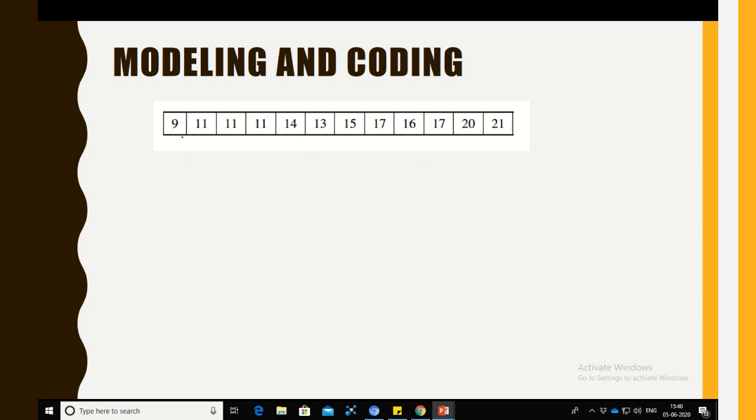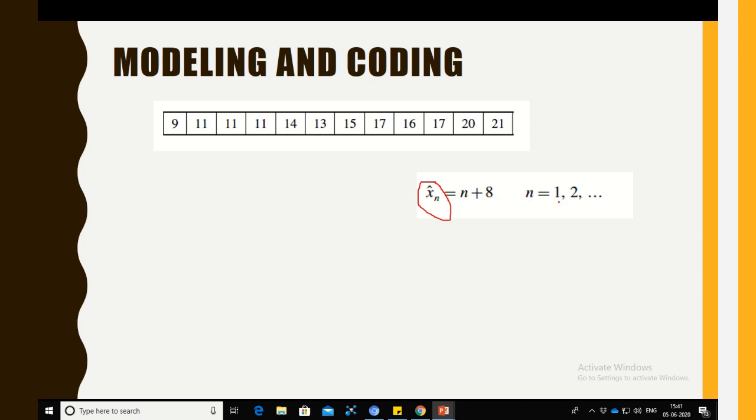Once this particular data has been given to you, these are all mathematical numbers. So you have 9, 11, 11, then 14, 13, 15, 17, 16, 17, 20, 21. Thankfully this is only a limited data set. I know it is not starting with 0, 1, 2. It starts with 9, and after that the numbers are similar, somewhere 2 or 3 has been added to it. So I try to represent it with a mathematical equation, where n is starting from 1, 2, 3, 4, and the expected value can be represented by this equation.